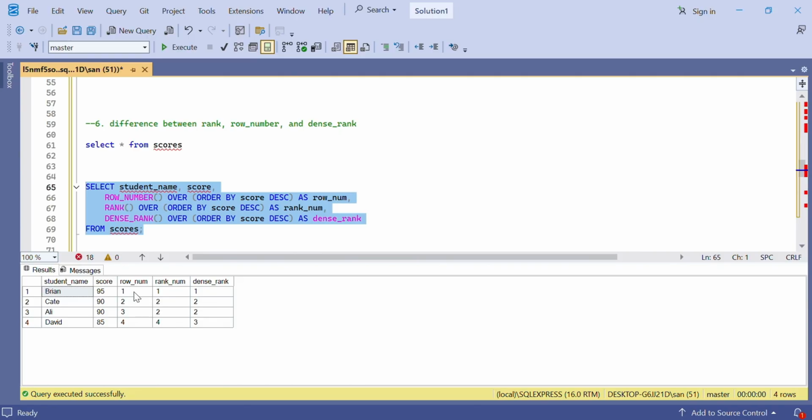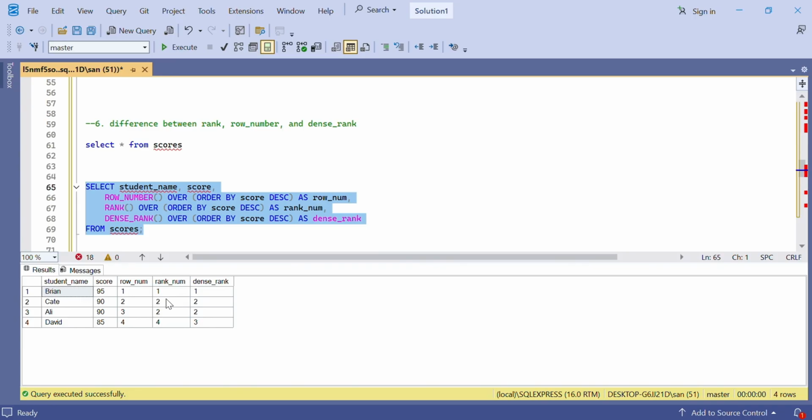So each and every row has been assigned a unique position. While for rank, you can see the score for Kate and Alice, both of them tie in position 2, and David is